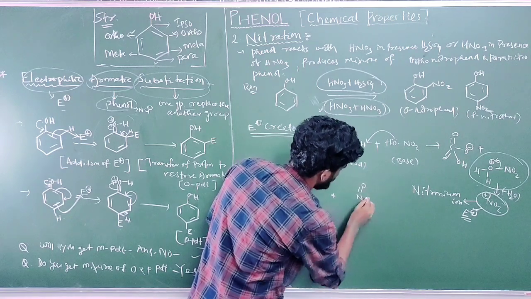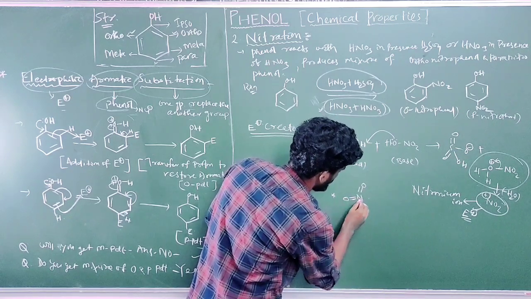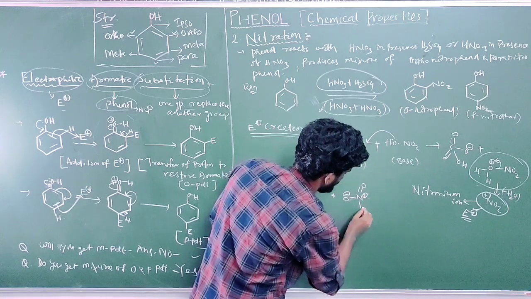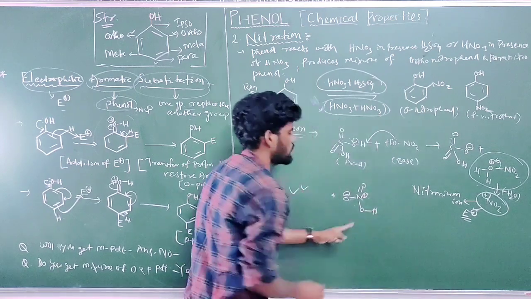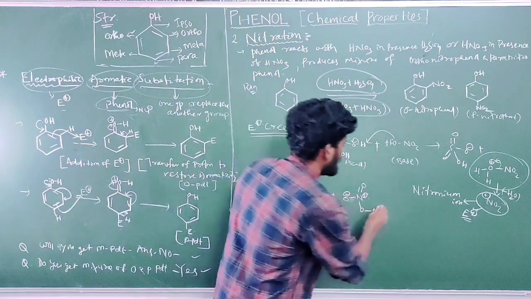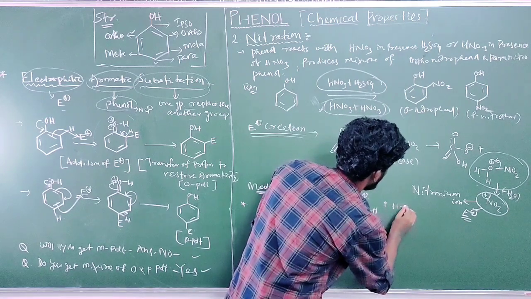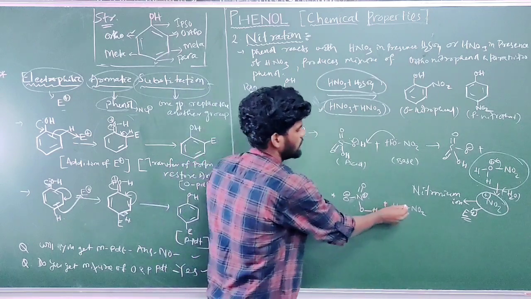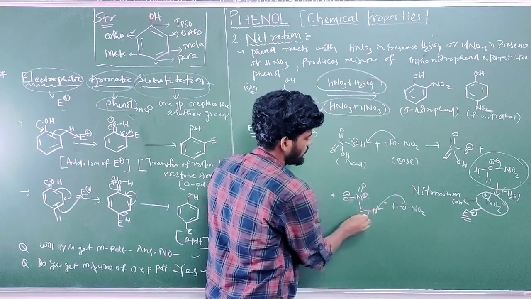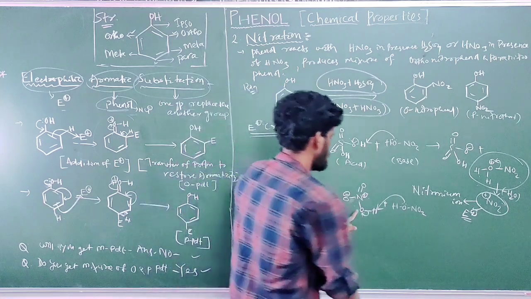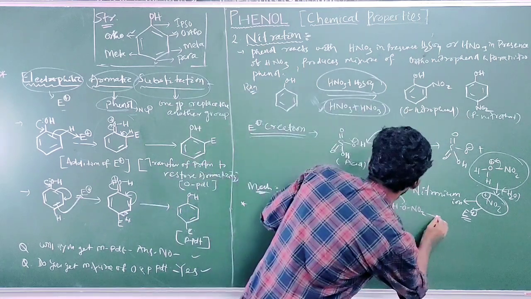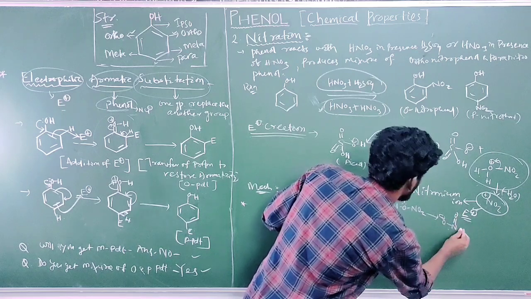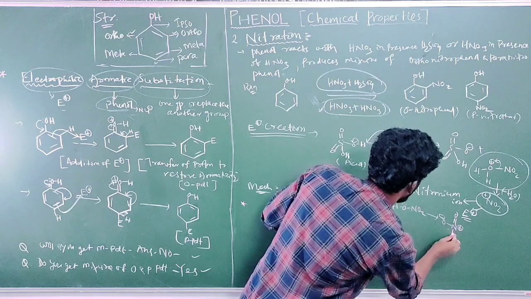N double bond O, nitrogen positive, this negative, OH. Okay, this is the structure of HNO3. And another HNO3 we can write as HONO2. Let this behave as base, and this is acid. The oxygen lone pair takes the hydrogen from here, and this bond moves over to oxygen. So the remaining part write as such: O minus, N double bond O, positive charge on nitrogen, and O minus,